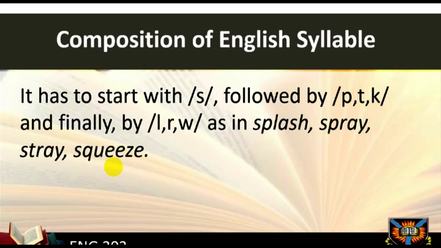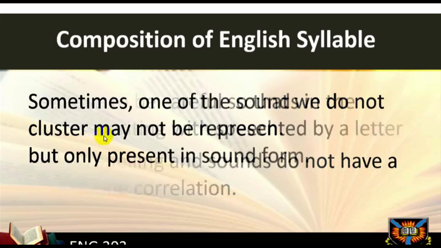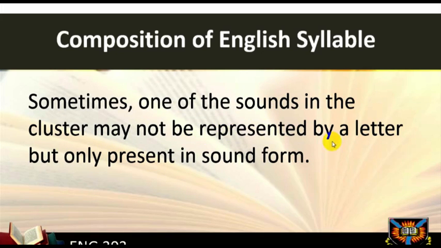S, P, T, K, R, L, W, 1, 2, 3. 3 consonant clusters. We have to be careful so that we do not confuse writing with speech. English spelling and sounds do not have a one-to-one correlation. Sometimes one of the sounds in the cluster may not be represented by a letter, but only present in sound